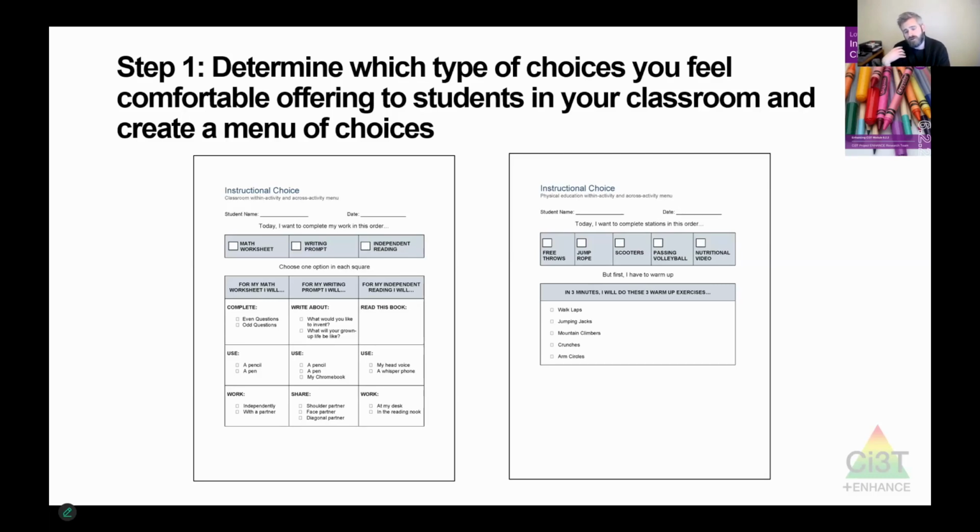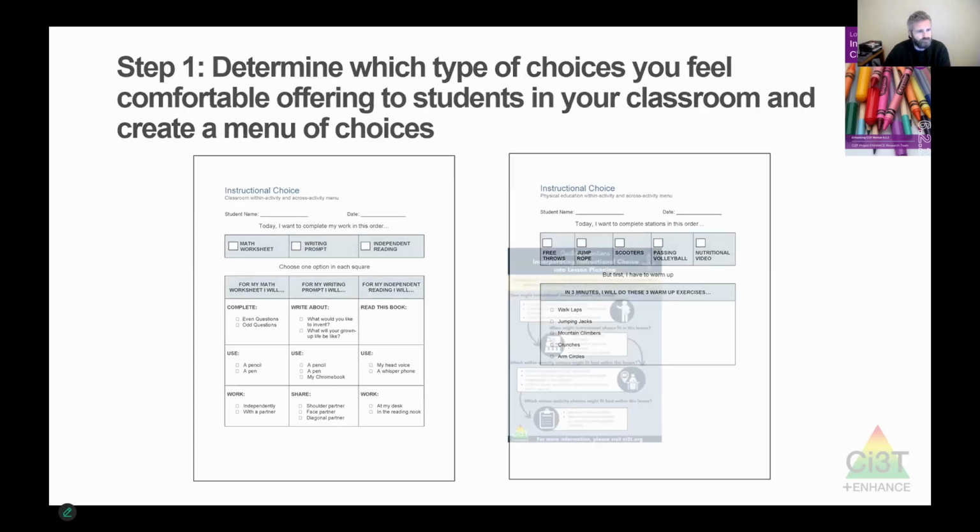And if you're thinking about instructional choice for a specific student, great. You might also consider that student's skill level, their interests, and their preferences, and use those individual features to help you brainstorm. Because if you offer a really complex choice, or something that isn't interesting to the student, that choice probably isn't going to get off the ground, right? So we definitely want to keep those individual student considerations in mind. Okay, so first step, come up with a menu of choices.